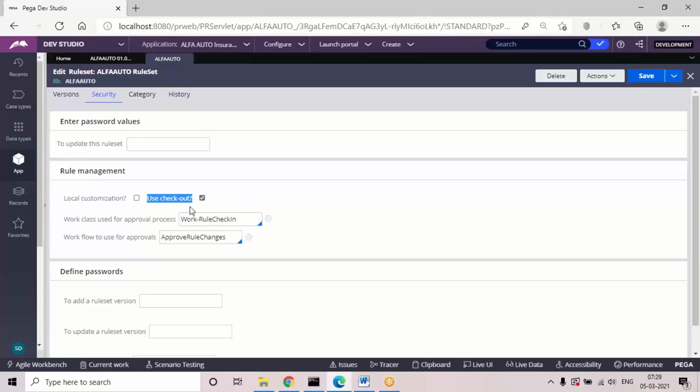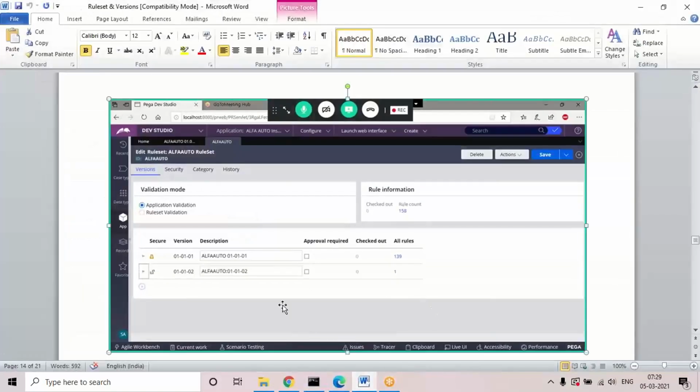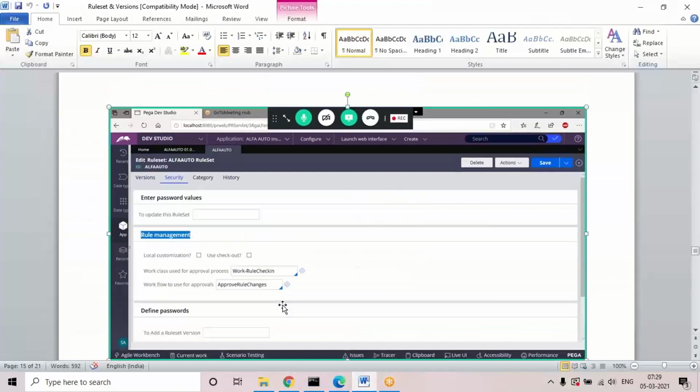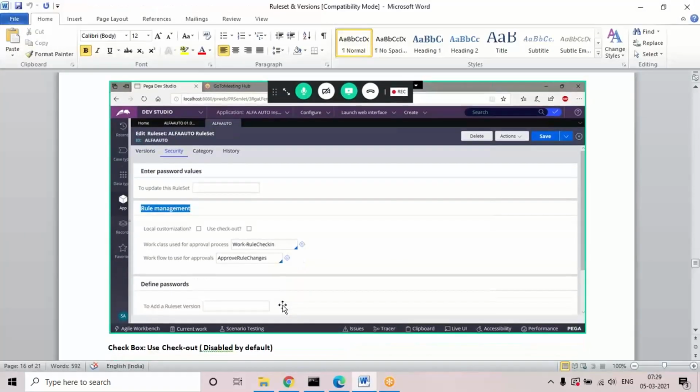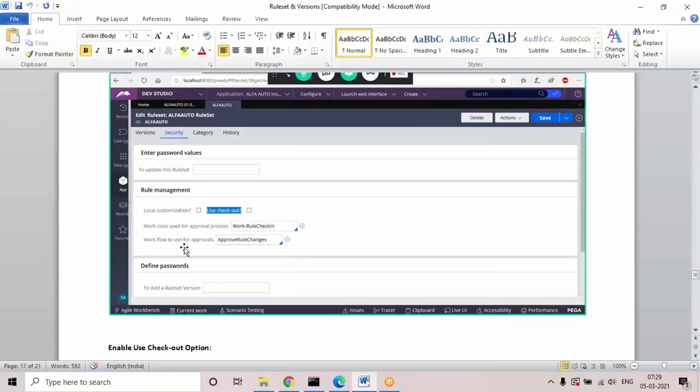By default in personal edition this is not required, but I want to show you the additional buttons it is going to generate. When you click on use checkout, we'll now understand what happens in the background. Go to security under rule management and enable the checkbox use checkout option.